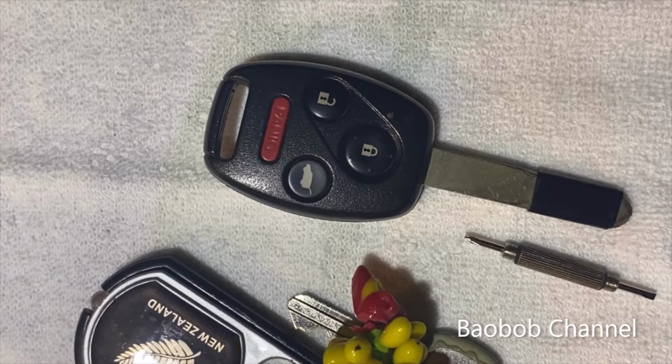At first I didn't know what type of battery that I need. I already opened it up and looked at it and went to get the battery at the local store. I need